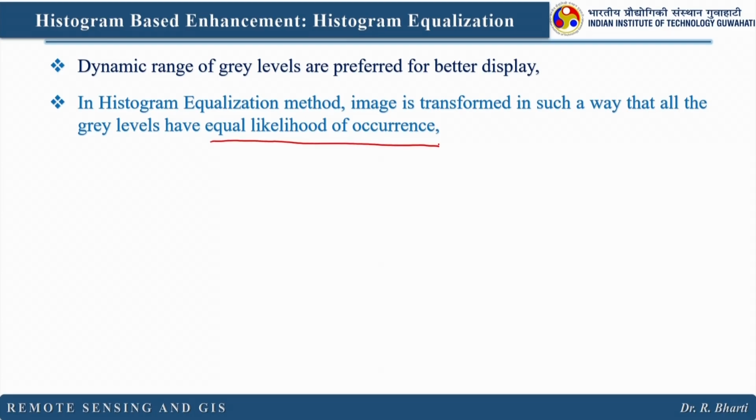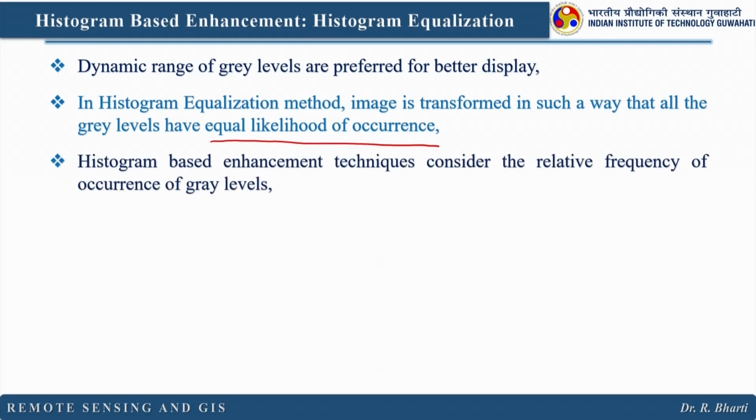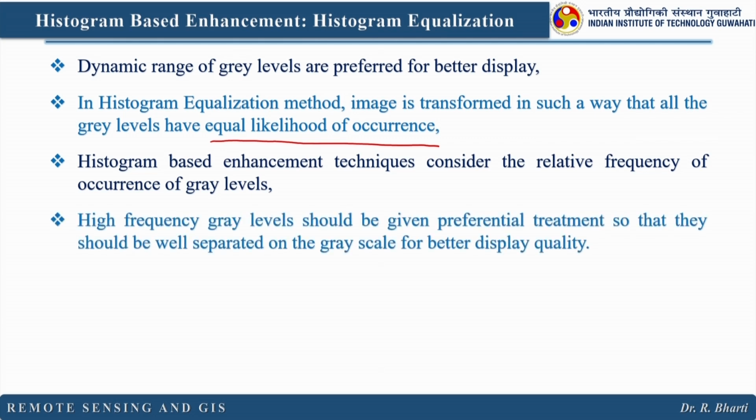So, all the DN numbers, does not matter whether they are very low or very high, will have equal chances of getting displayed. That is the advantage when you are applying histogram equalization. Histogram based enhancement techniques consider the relative frequency of occurrence of the gray labels, and high frequency gray labels should be given preferential treatment so that they are well separated on the gray scale for better display